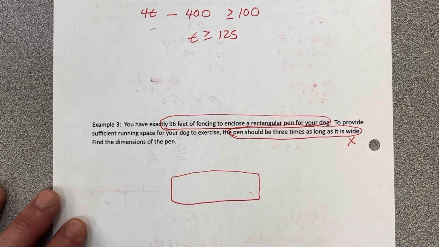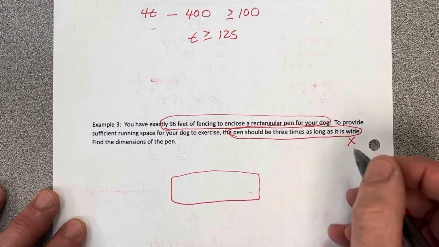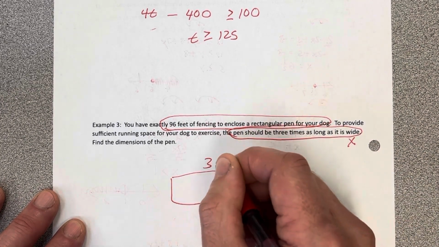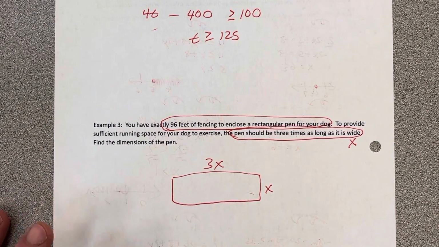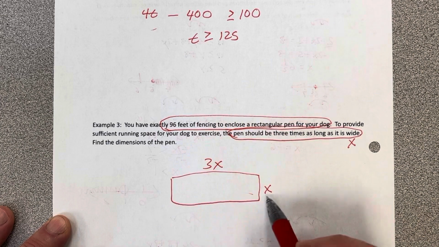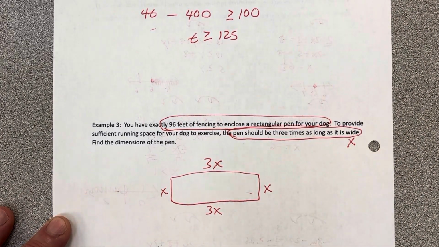So because the longer one is 3 times, I'm going to put wide as the short side, and then 3 times that will be the long side. So 3 times as long as it is wide. So that's our relationship here. But since we're talking about perimeter, we'll go all the way around. So we're going to have x twice. We're going to have 3x twice. And by golly, I think we got an